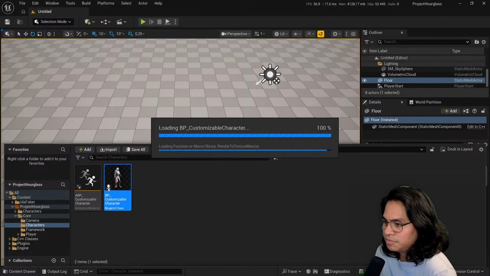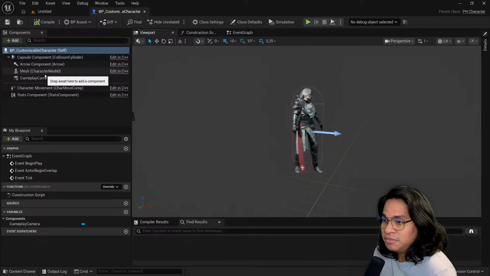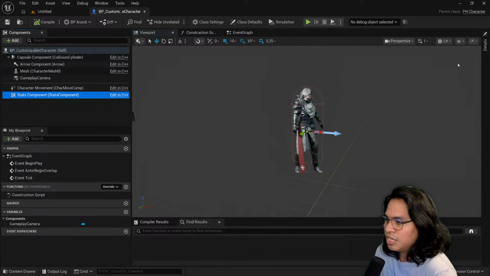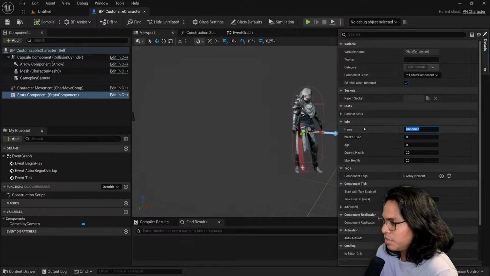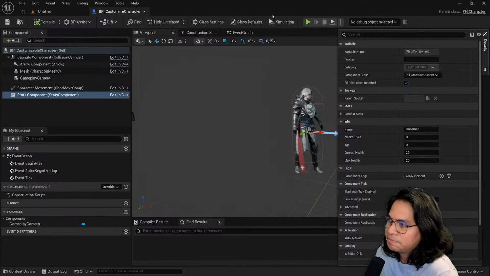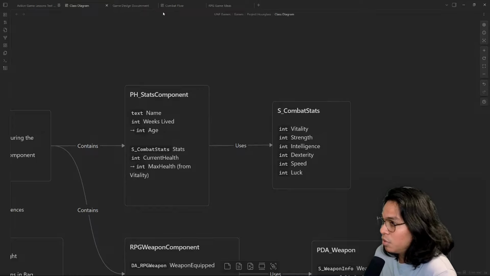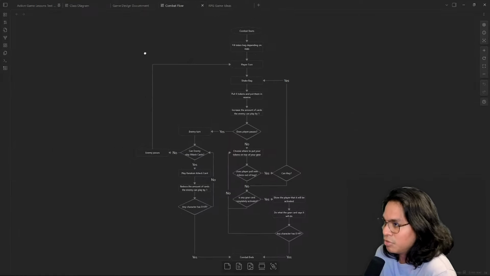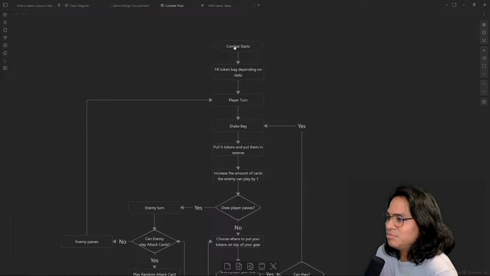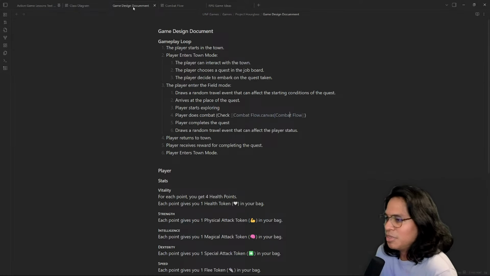And in my characters, it's a simple character. We have the stat component we added in C++. We have the name and some other values, the current health, and the combat stats. So we can edit that as we please. Right, so what's next? Well, it's all about the combat flow, and this starts when the combat starts. And if we see our game design document, which is just this,